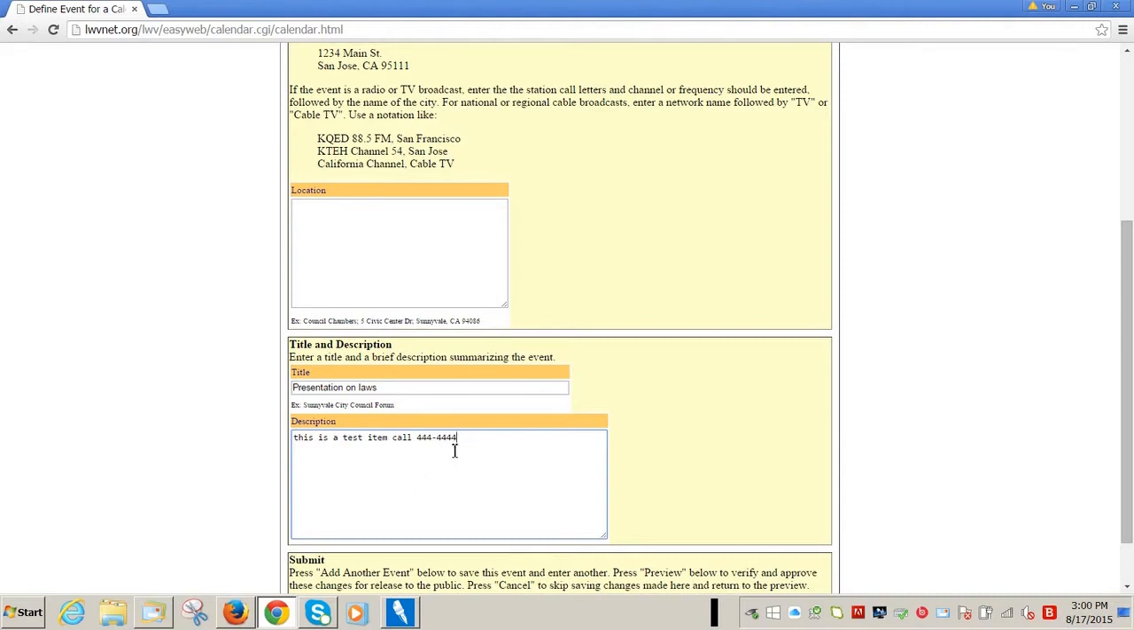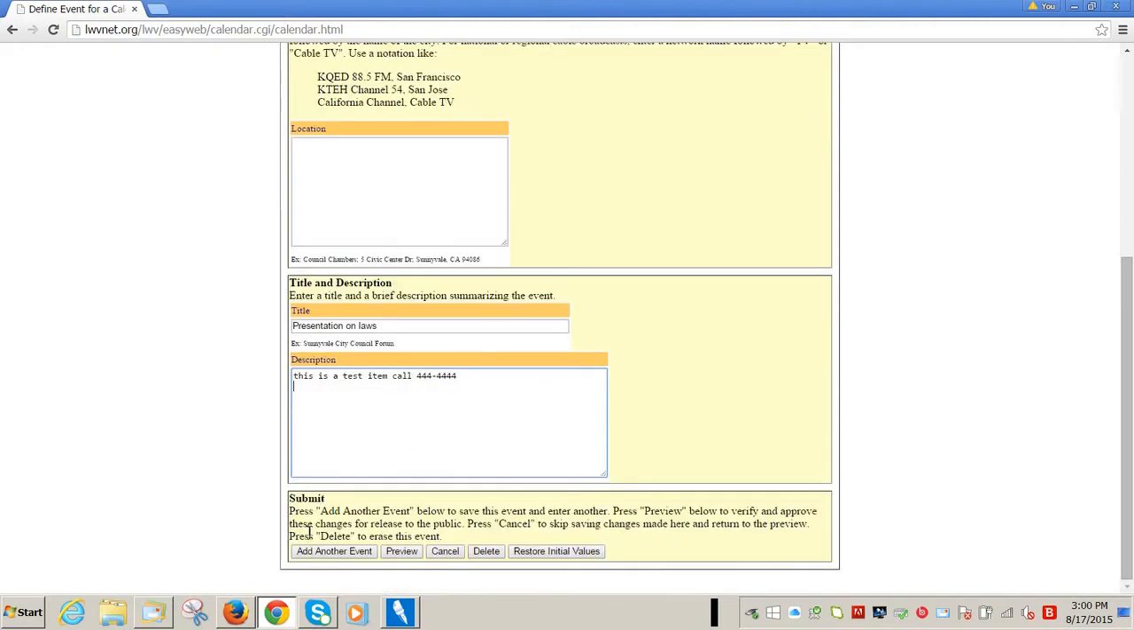And you can put phone numbers, whatever. You can put links down here to websites. You could have a link, click here to see the details, or to go to another website. Once you do that, you have some choices at the bottom. You can go ahead now and just add another event without even looking at what you entered, or you can